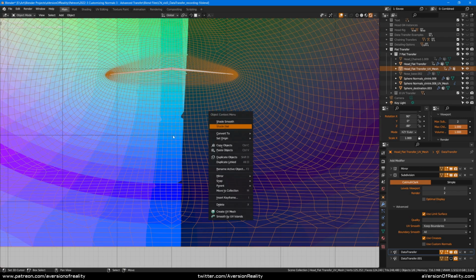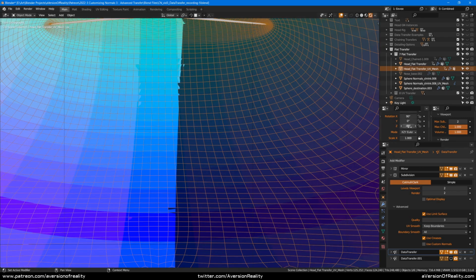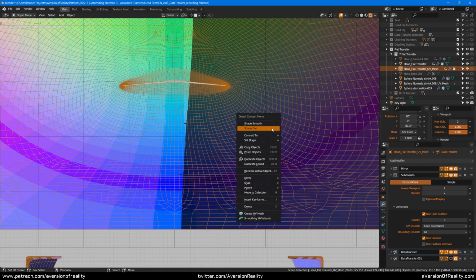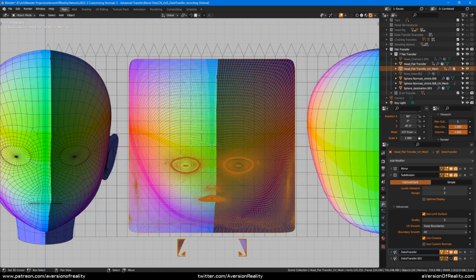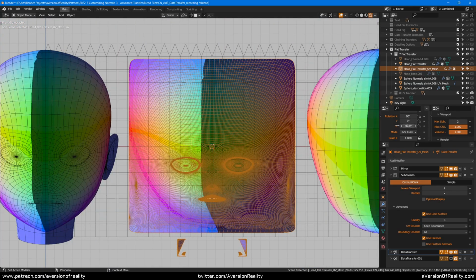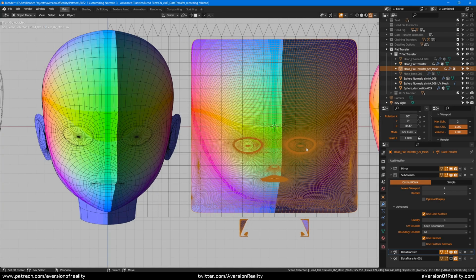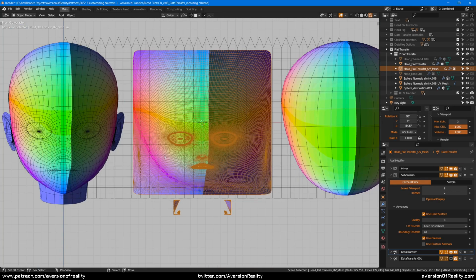Like if we shade this flat, then you can definitely see that essentially it's getting the wrong triangle, the wrong face corner. I've seen this happen on multiple setups before. This is the first time I've seen it happen on one of these flat setups, so I don't know if it's really a feature of these. I think this is just a general data transfer bug.